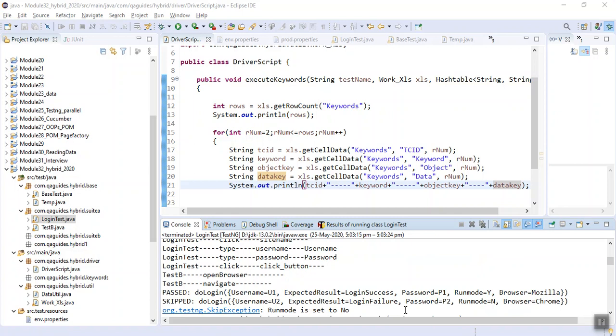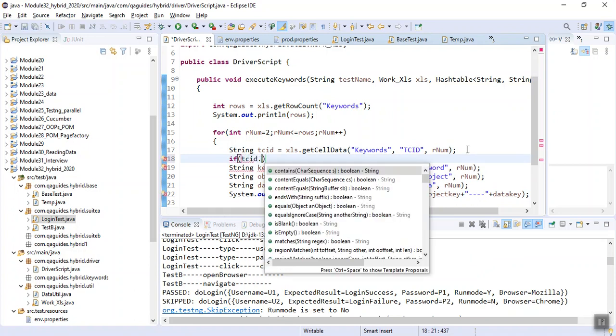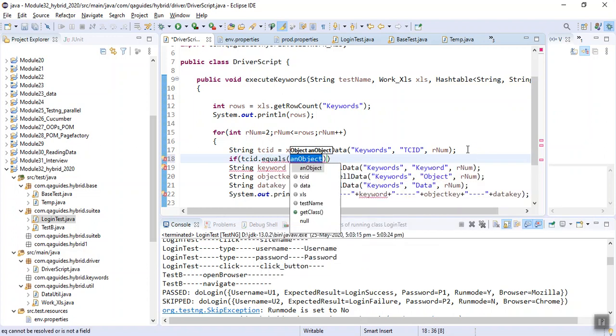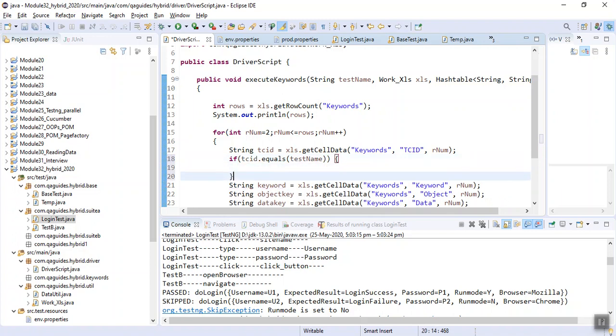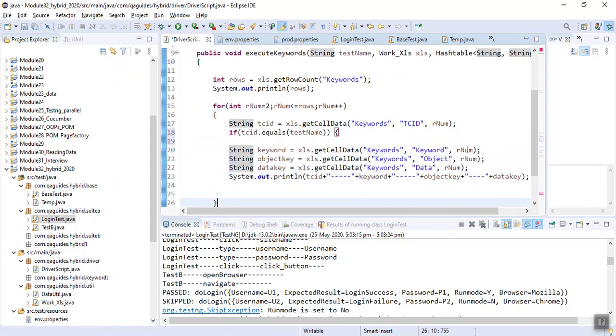So what we will do? We will put an if condition in the TCID column, like if it equals test name. If it is equal to test name, then only it will go and read these values. Got it. Now let me run it.